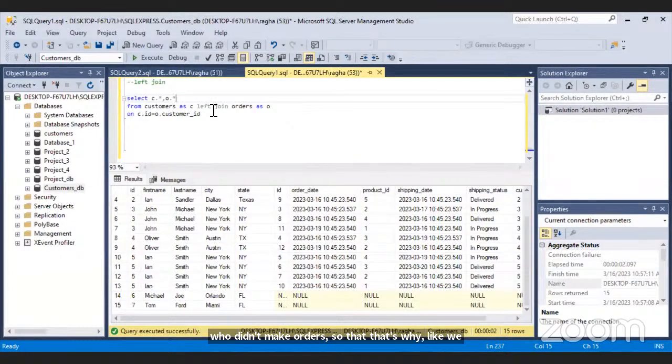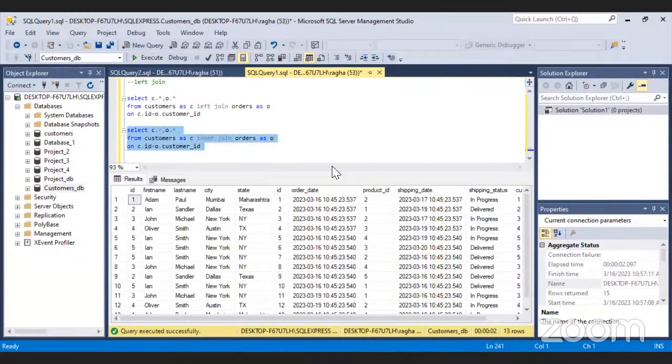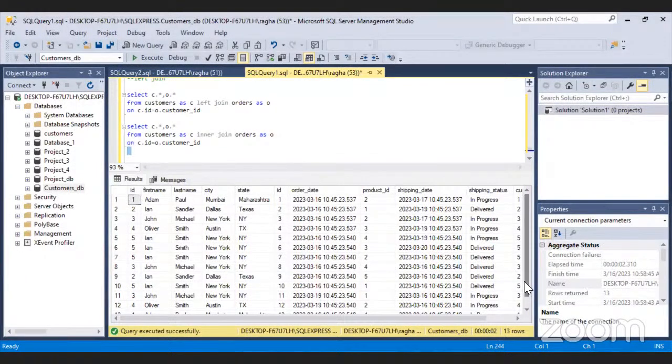Now let's look at the inner join and what we get. Now when I used inner join, we can see that only the matched results from both the tables are being populated.